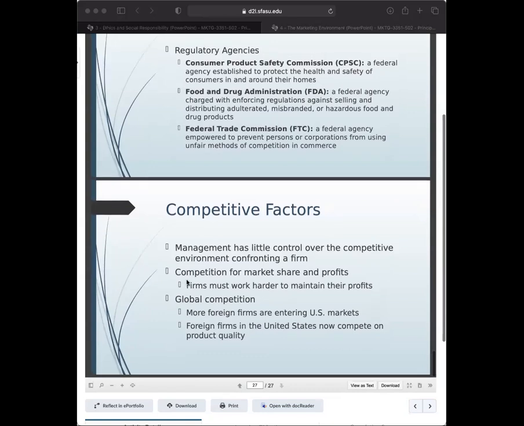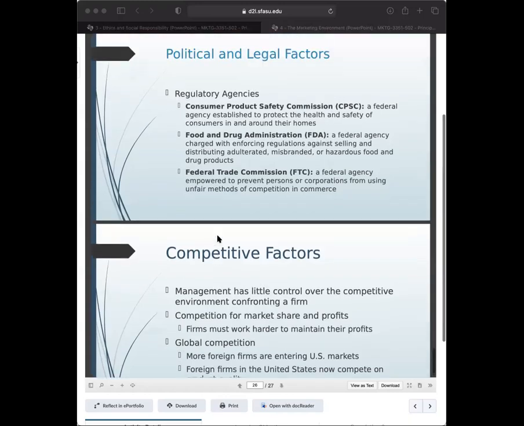And then competition. We all understand that. If somebody comes in and is doing what you're doing better, or somebody across the globe is doing what you're doing better, and now they're entering the United States market, well, guess what? You have to understand how to adapt and to control. My goal here is really to tie back the SWOT analysis to these different factors. I'm going to reiterate that a little bit. The threat and opportunity section of your SWOT analysis is where some of these things come into play.